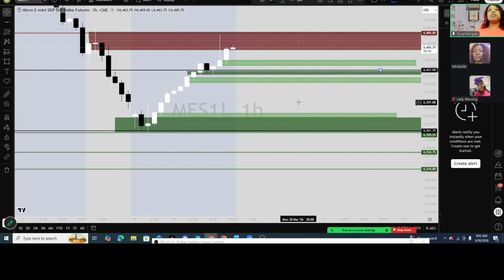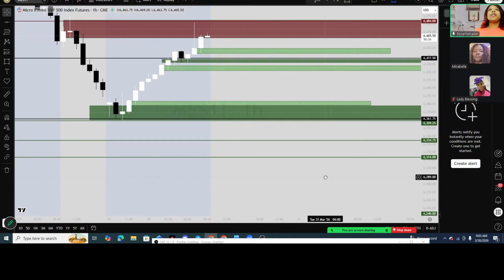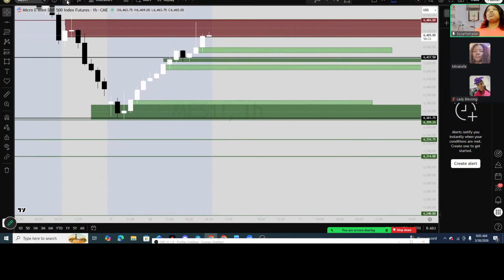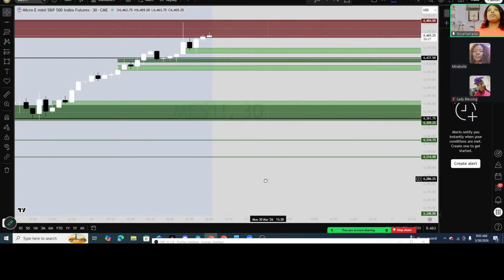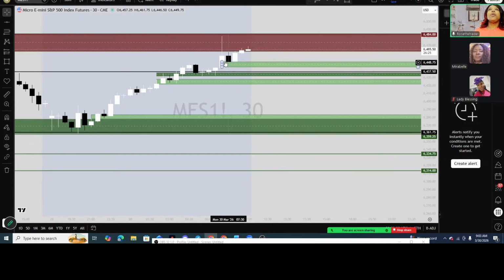So this is the zone between Asia high and low. And now price has already broken it. Let's go now to 30 minutes. I want to see what's happening here. But we can see here that price tried to enter into this zone of supply, and there's resistance. Sellers pushed it down. It's trying to still enter in, and it's being resisted. So maybe by the time market opens, we're going to have it running back down. So then this will be a great zone